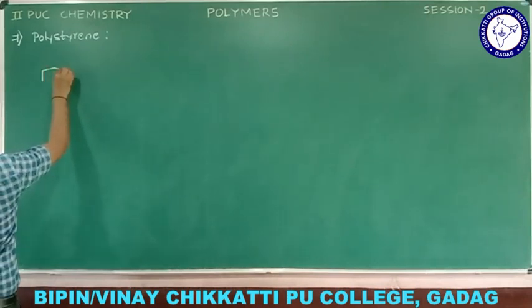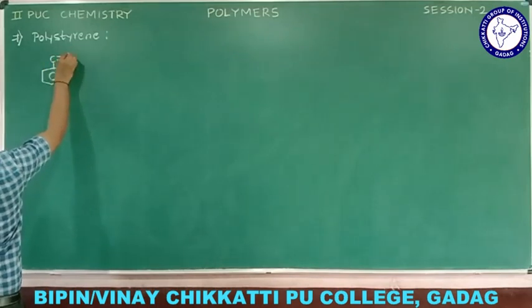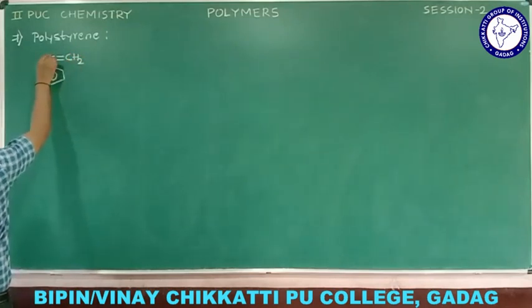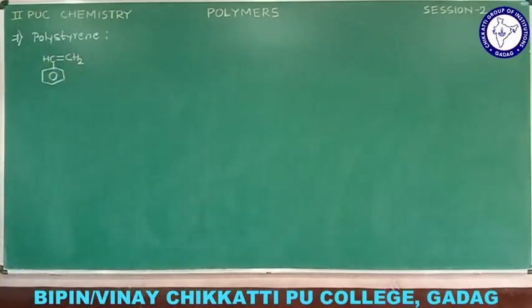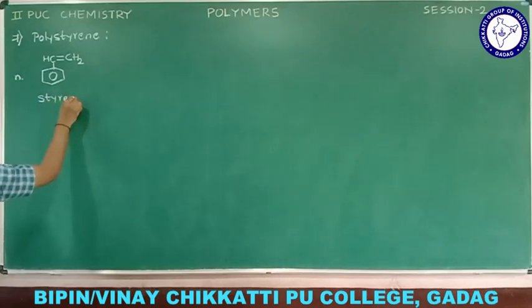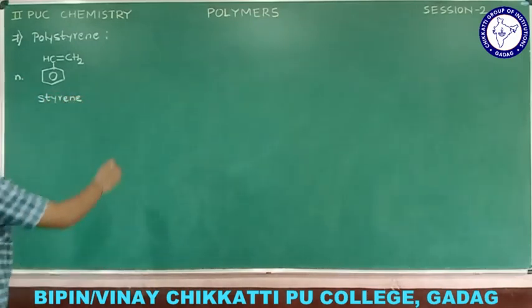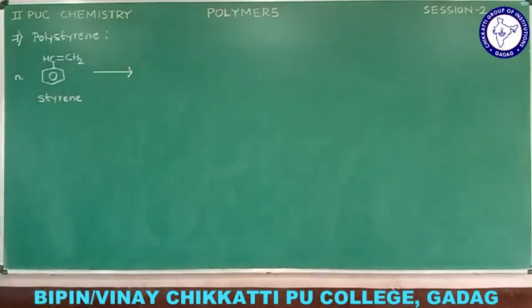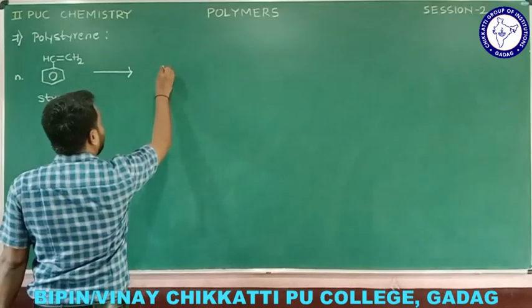See here, benzene ring with C double bond C, CH2 and H, and that is the monomer of polystyrene, okay, and the name will be styrene, right? And when it undergoes addition polymerization, since we have only one type of monomer, we can say it undergoes homopolymerization,